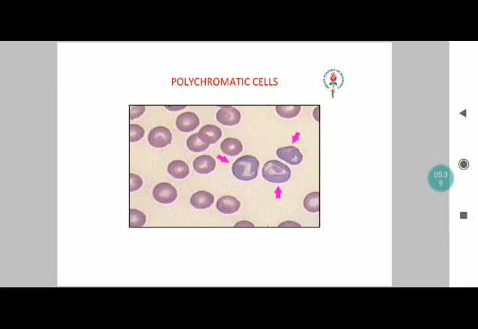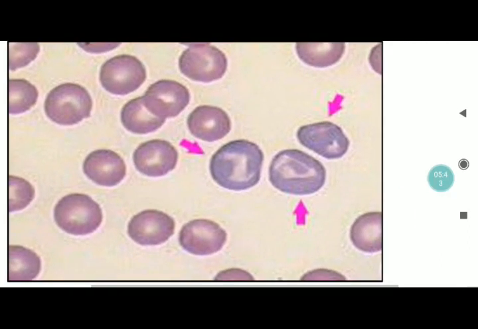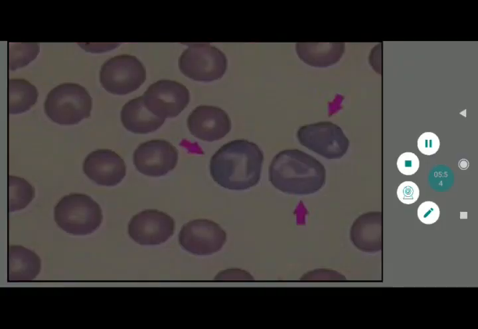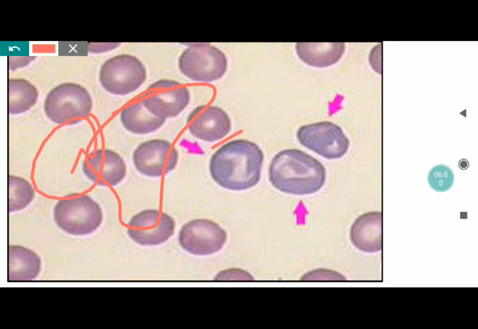Now, when I refer to polychromatic cells, I have just highlighted this one example here where the typical description of an RBC is altered, where the central pallor is not 1/3 of the size. Polychromasia of a slightish purplish hue will be noted. If you notice, all these cells here are normal. This entire spectrum of cells are normal, but these abnormal cells, what you see here, all show polychromasia.